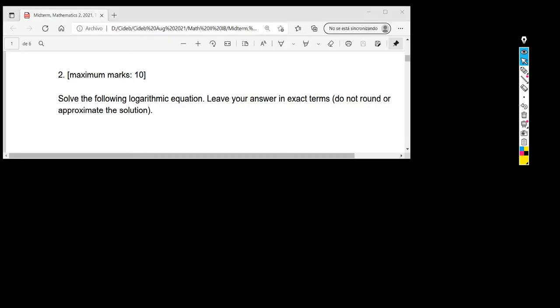Okay, the second problem. Solve the following logarithmic equation. Leave your answer in exact terms. What this means is don't